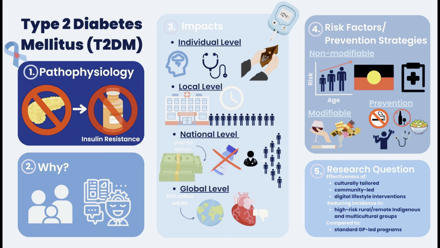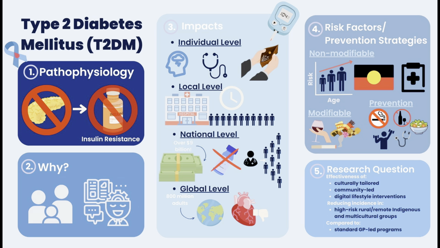Primary prevention includes weight management through over 150 minutes of moderate physical activity weekly, for example brisk walking, and a nutrient-dense diet high in vegetables, whole grains, lean proteins, and low in processed foods, according to Medibank 2025. Prevention also includes smoking cessation, alcohol moderation, stress management, for example mindfulness, and blood pressure and cholesterol checks. Australian guidelines recommend AUSDRISK screening, GP lifestyle referrals via the National Diabetes Strategy, and culturally tailored programs for high-risk groups.